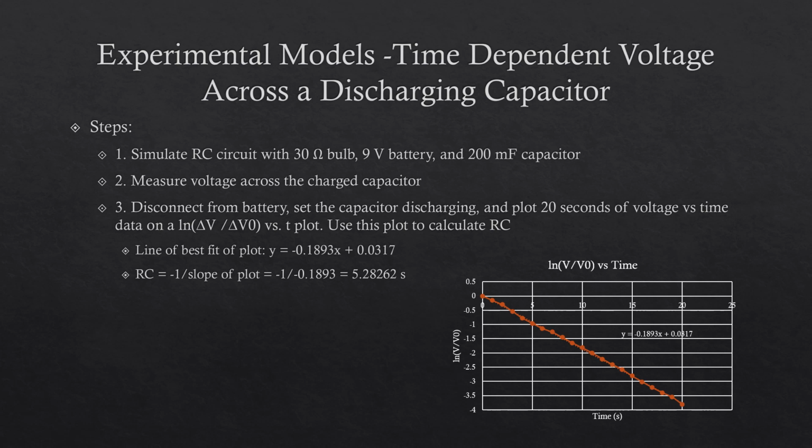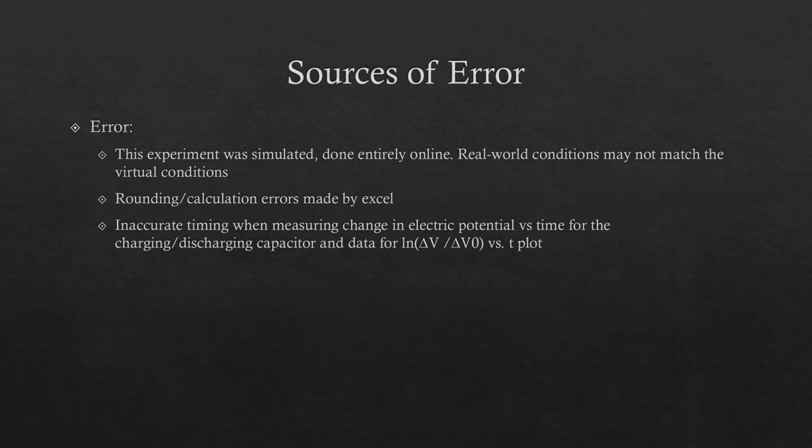I found the line of best fit for this plot to be negative 0.1893x plus 0.0317 and the value of RC to be negative 1 over the slope of this plot, resulting in a value of 5.28262 seconds for my value of RC. Some sources of error in this experiment were that this experiment was simulated, done entirely online, so